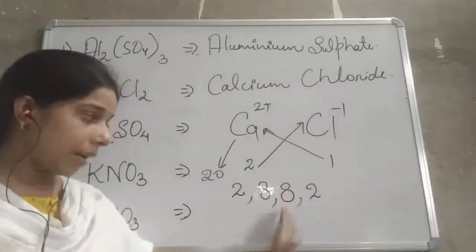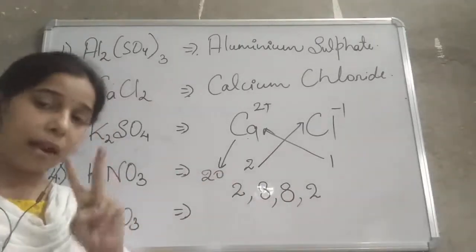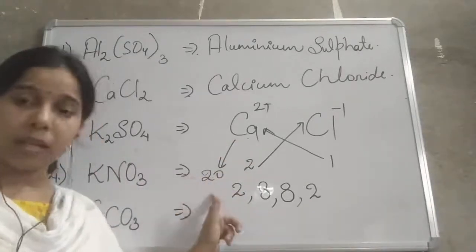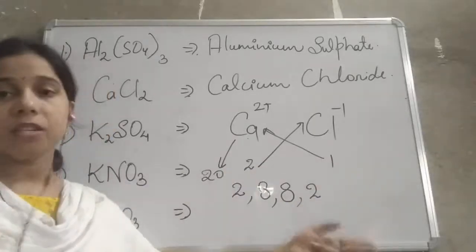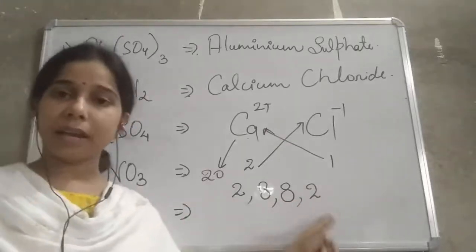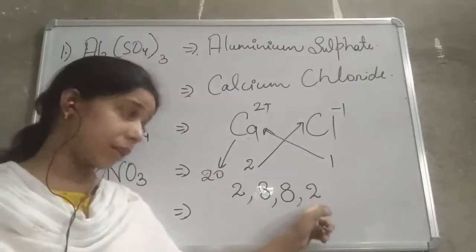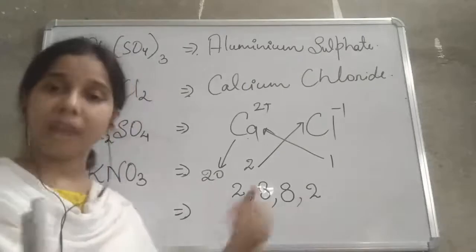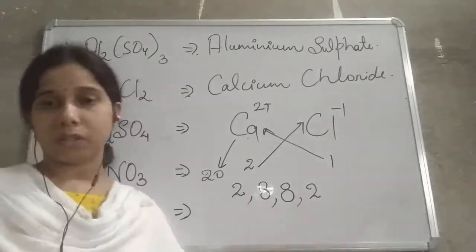So here again it is fulfilled. It is stable. So after 8 electrons, still 2 electrons are left in the case of calcium, having atomic number 20. So those 2 electrons will go to the next shell. So you see here, students, the last shell will decide the valency. Remember that. The electrons which enter into the last shell of the atom will decide the valency. This we call a valence electron.